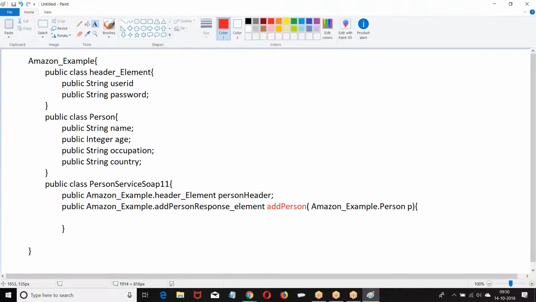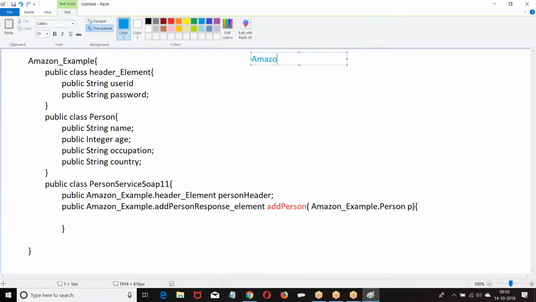Now what was I supposed to do? First, what is our outer class? Amazon, because any member of the class should be accessed with the object only. So outer class dot inner class. What is the inner class?